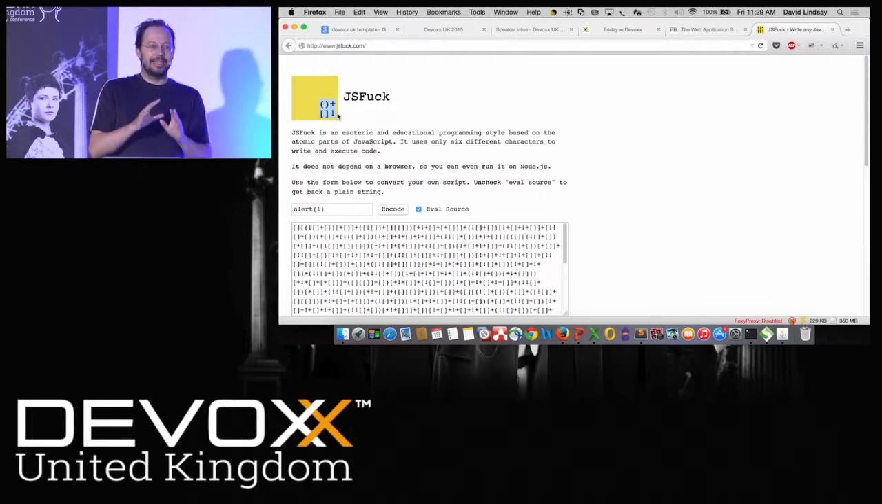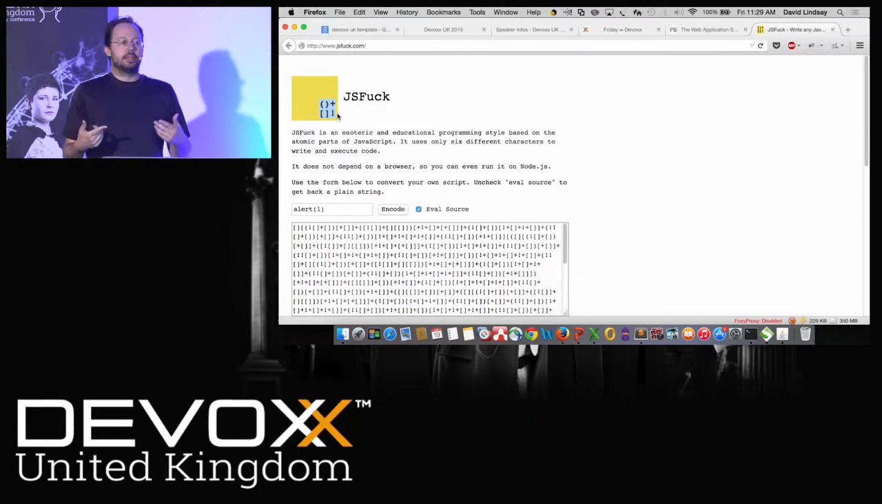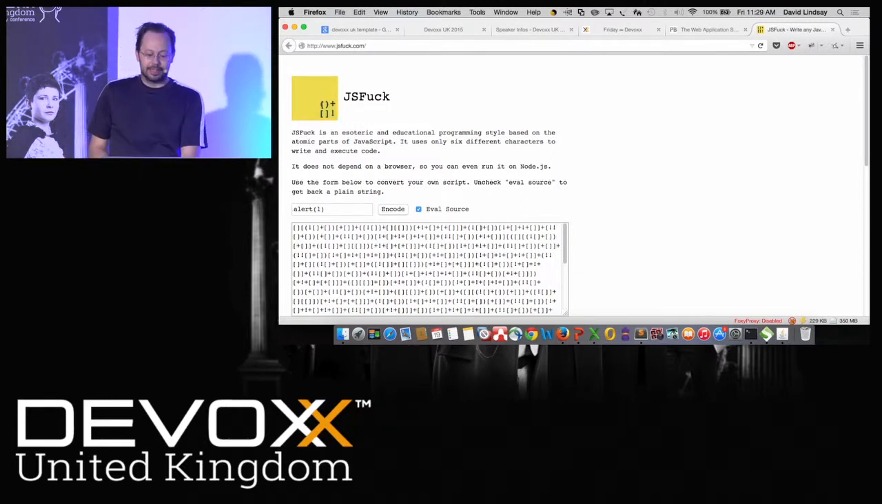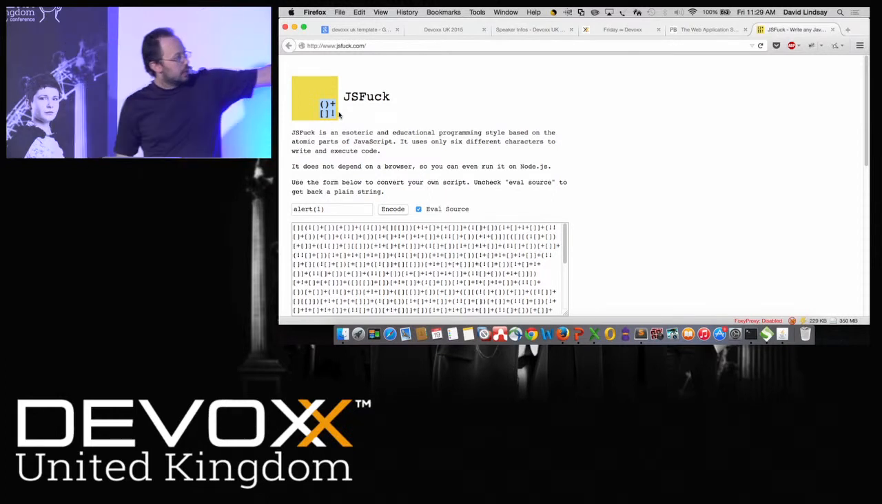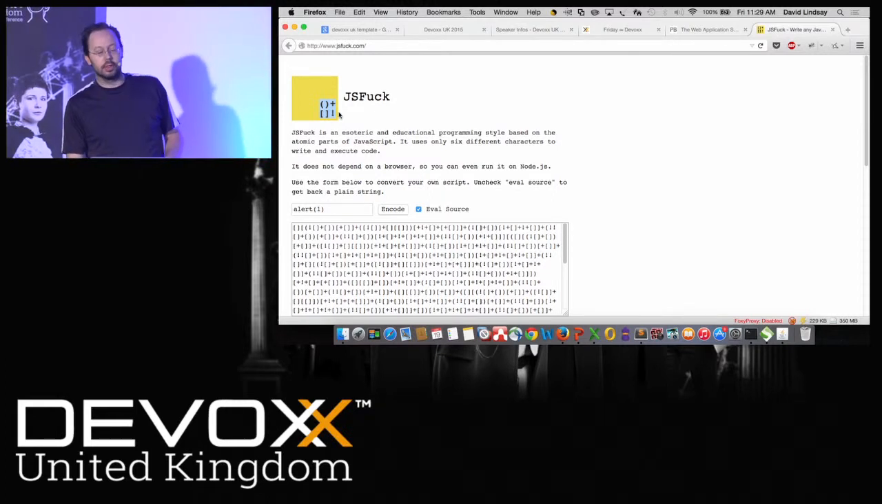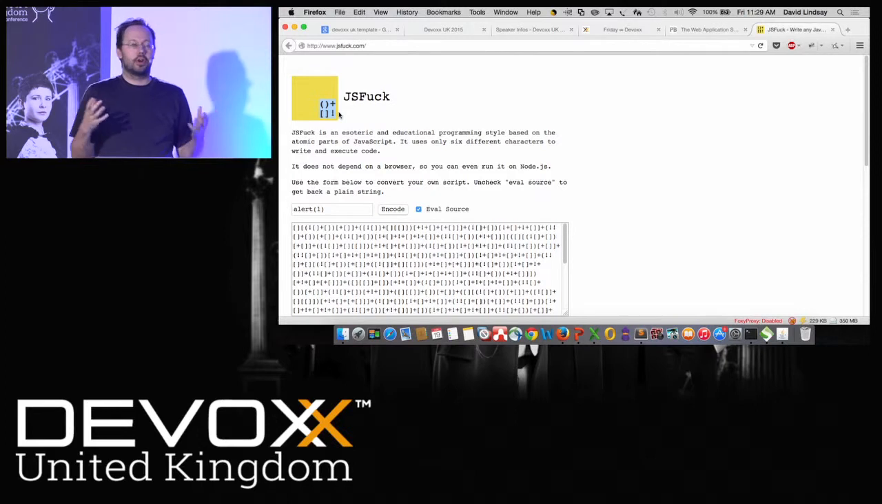So using just any standard compiler built into any of the browsers, and using just these 6 characters, the open close parentheses, the open close brackets, and the plus and exclamation point. Using just those 6, I can execute arbitrary JavaScript code. And as a